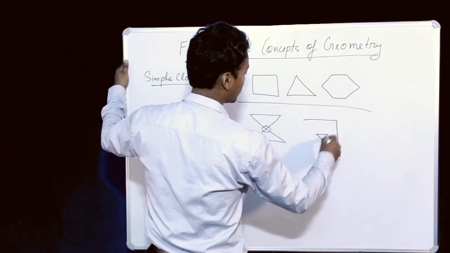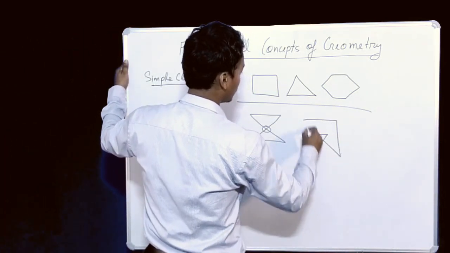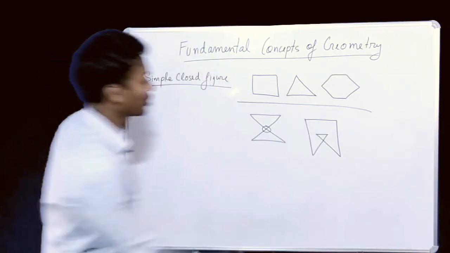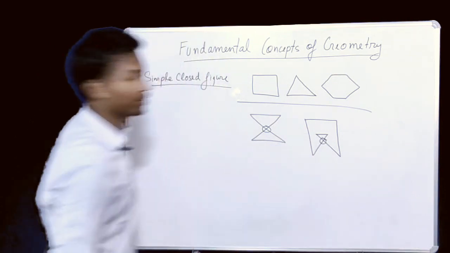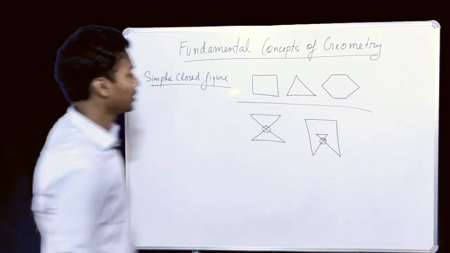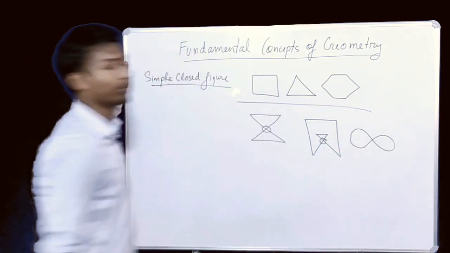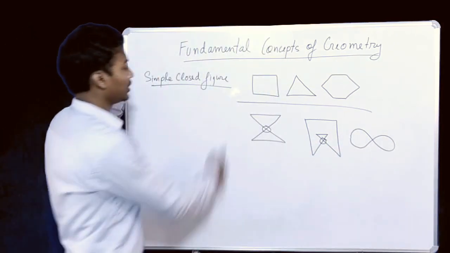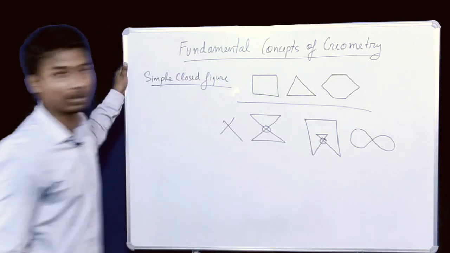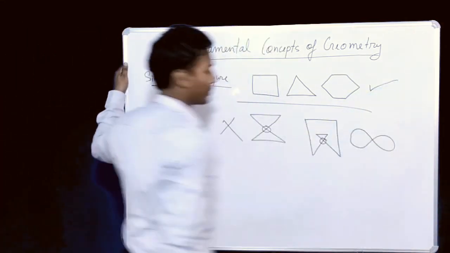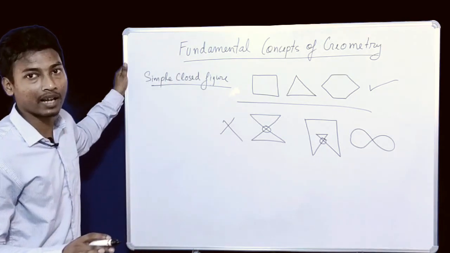Let's say, okay, so this is also not a simple closed figure because you have the lines intersecting each other. Then this figure also cannot be called a simple closed figure. So these are not simple closed figures, these are the simple closed figures, in which the lines do